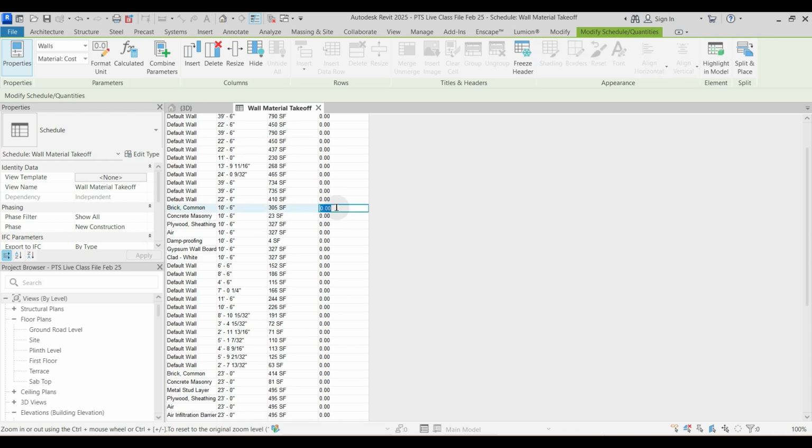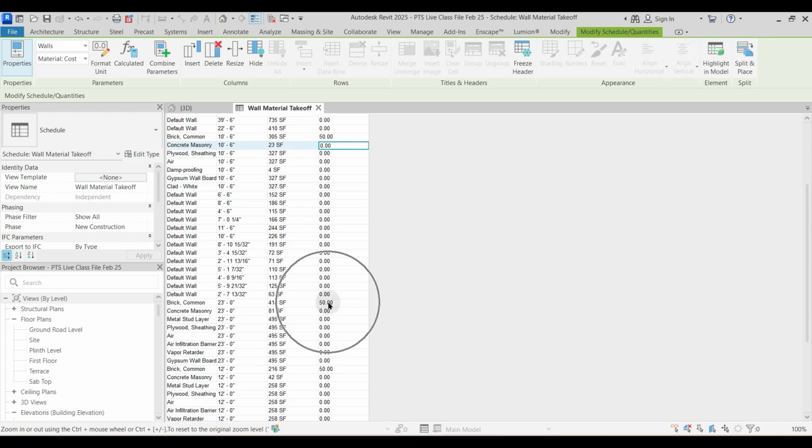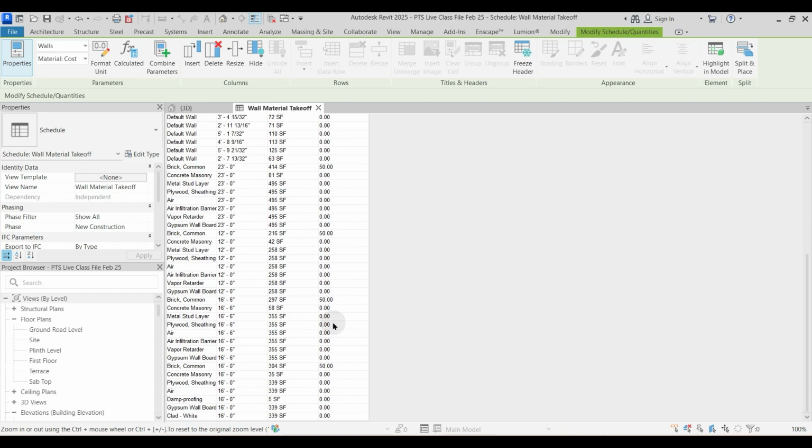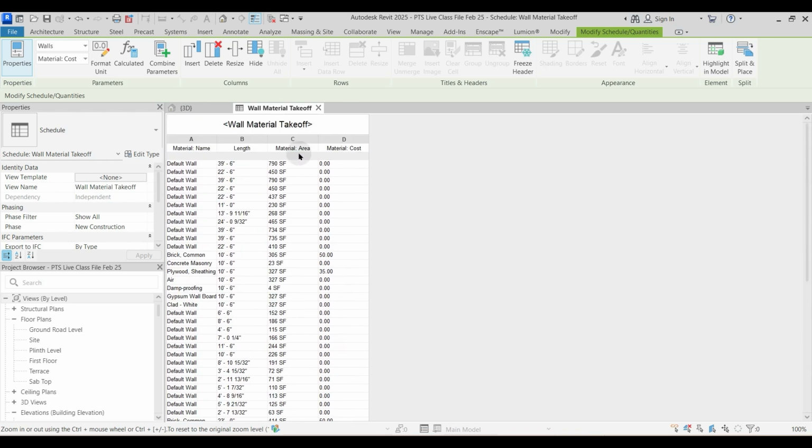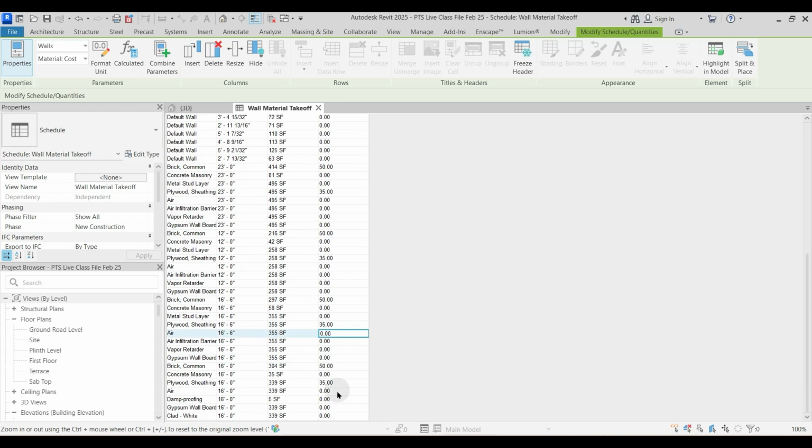Let's say that this brick common is 50 rupees per square feet. So that will populate. Let's say that this plywood sheeting is 35 rupees. That will populate. And with this, you will have perfect area, costing, length, perfect scheduling and quantification of the